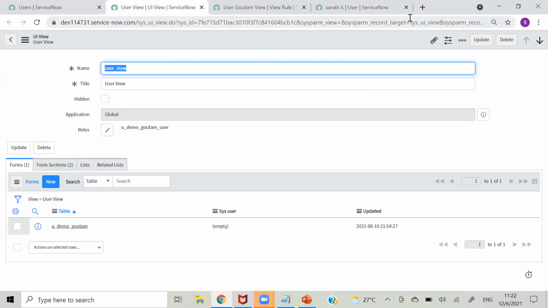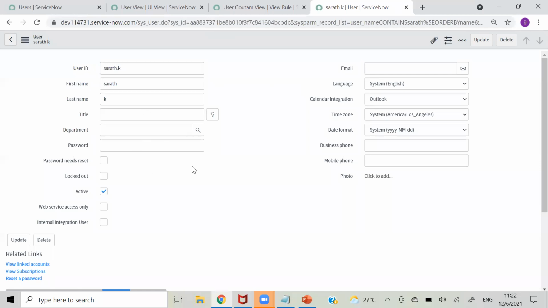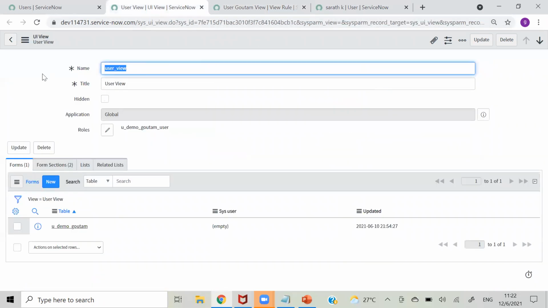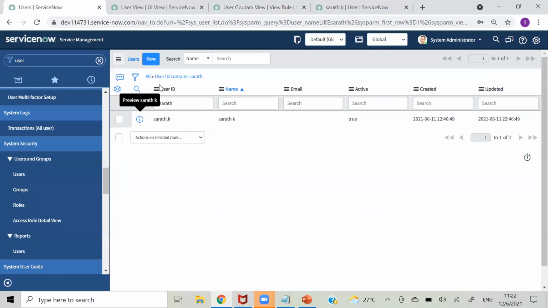Okay, so we have these many fields on our form, and then there are some important fields which are not on the form. I will show you that in list view. Yes. Let's take this Sharath. Like you can see Sharath dot k is his user ID. So he should log in with Sharath dot k, and his password is 123.